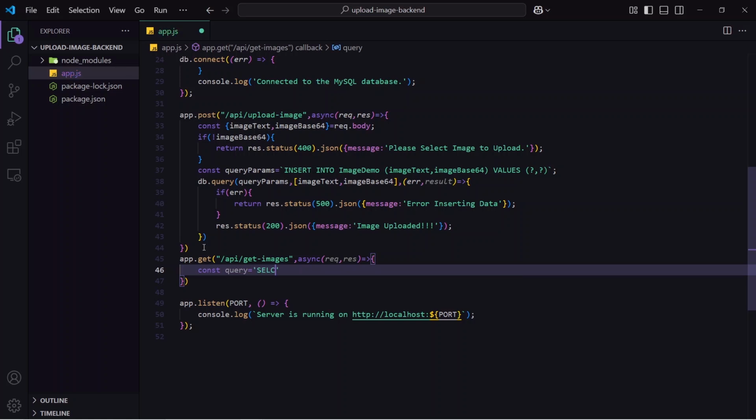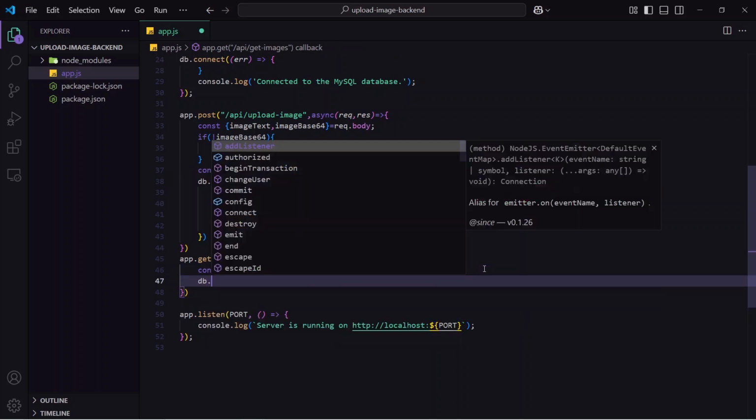I don't want everything, like I don't want ID, so I'm mentioning whatever I want. I want image text and image base64, and these two things I want from my image demo, which is my table name. So I will copy this, paste it here, and this is my query.